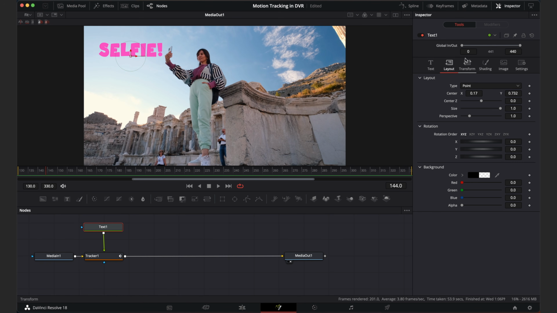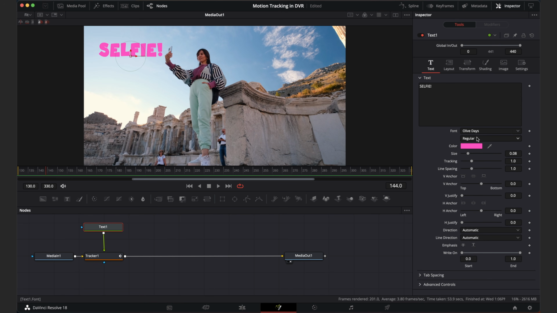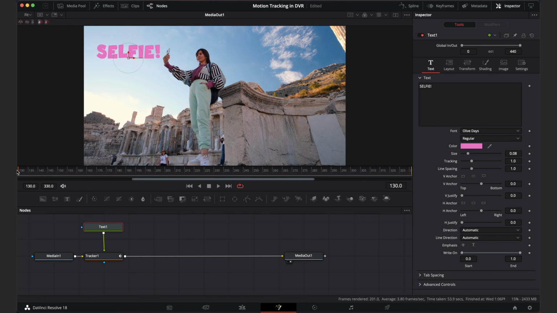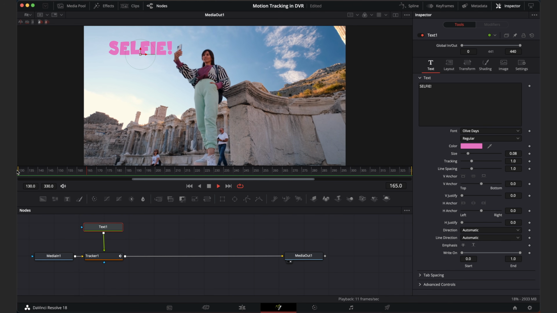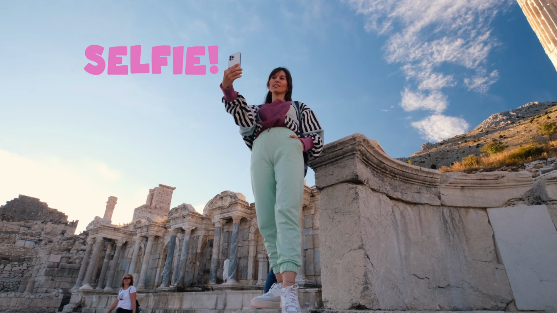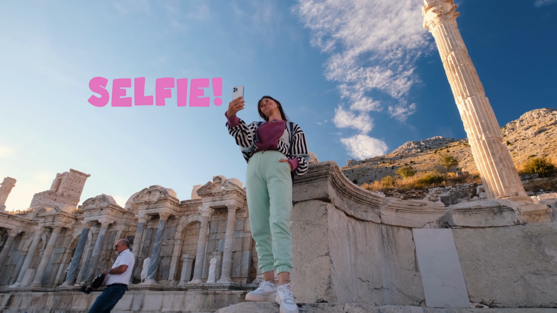And I do think that maybe this is a little bit too bright here. So I'm going to go back to our text layer here, and maybe let's just take the color down a little bit. That looks a bit better. Now let's play that through and see what it looks like. It might take a little bit to render depending on, again, like I said before, the complexity, but now you can see that word that we've put in is tracking with our phone here.